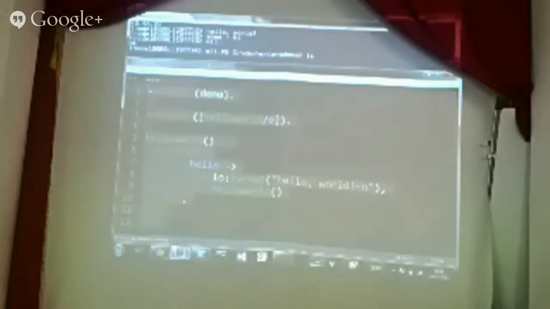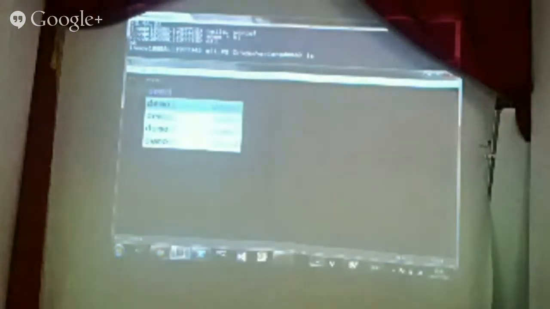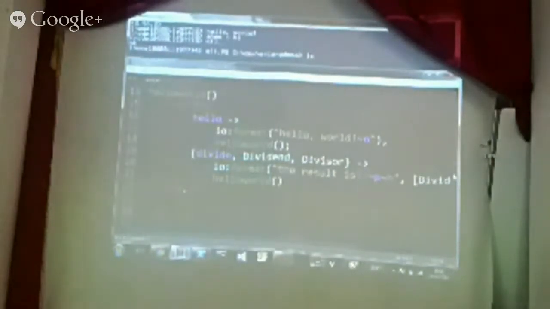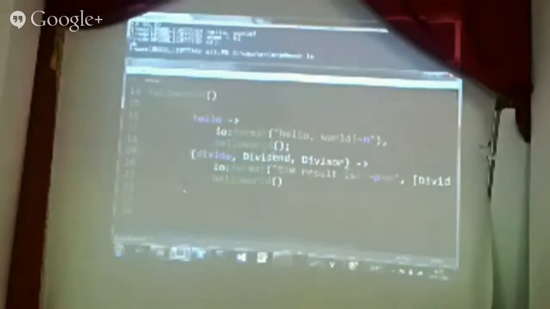I'm now going to try and demonstrate the fault tolerance approach. So I've got another snippet. I'm going to go straight to demo 3. So now we've got our new function. I've expanded my hello world to take a different kind of message. A message can be any Erlang term, which is any bit of Erlang data basically. In this case, it's a tuple that's tagged with the word divide, just to tell it what I want it to do with it, and then it's got the dividend and the divisor as parameters that I'm going to pass. And it's just going to do that division and print the result to the screen when I call it. So just a bit of an extension to the original function.